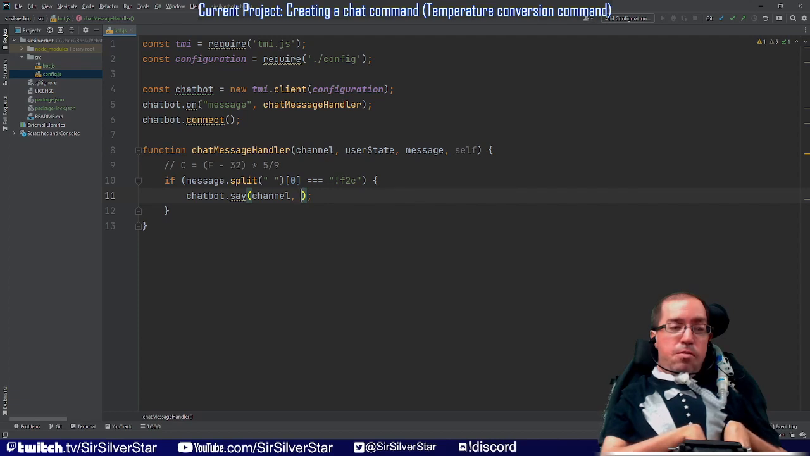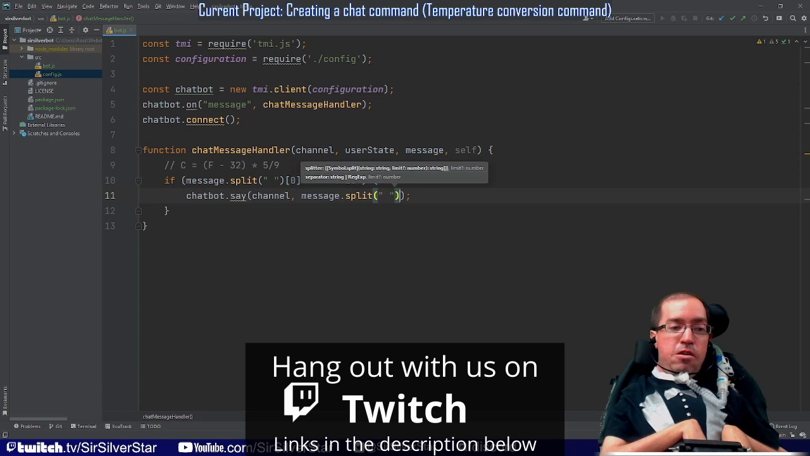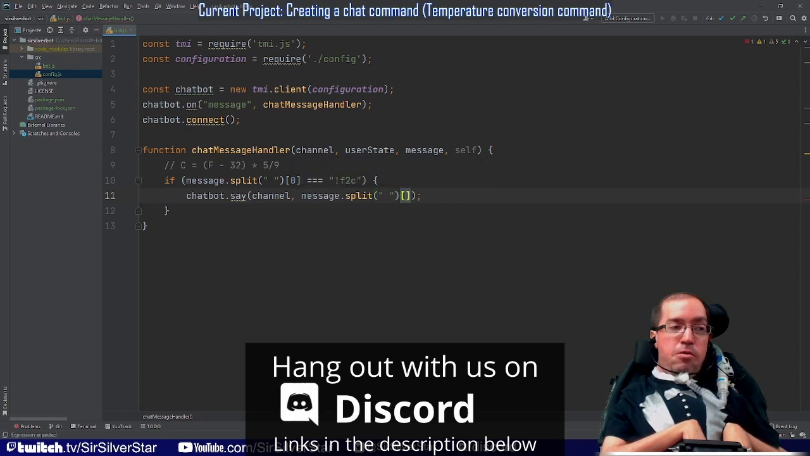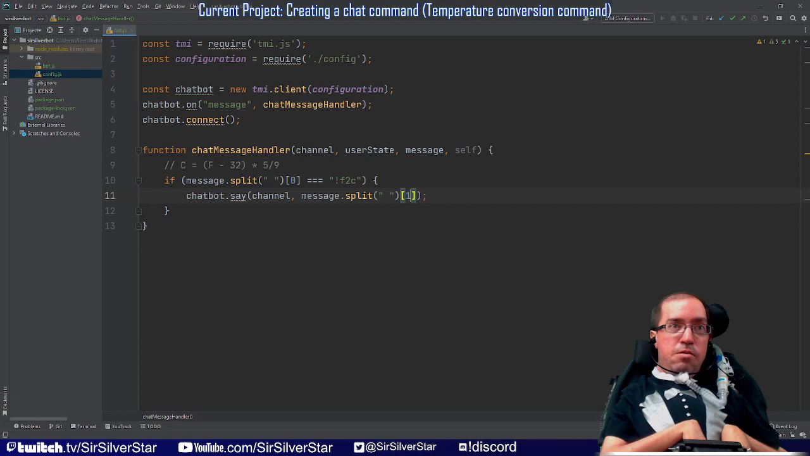Okay, so first thing we're going to do is split the message again. We're going to message split space. In this case, we want the actual number, which is going to be the second element of the array. As we know, since arrays start counting at 0, the second element of the array is index 1. The first element is index 0, the second element is 1, and so on. So in this case, we're going to get the number, and then we're going to say this degrees F is,